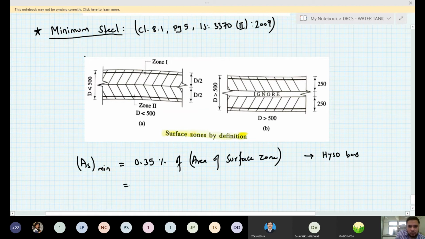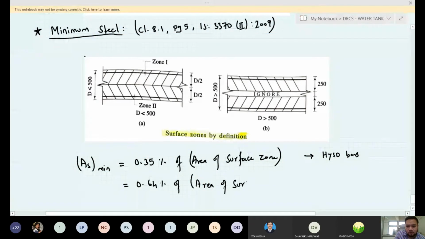And it is 0.64% of the area of surface zone for mild steel. Okay,